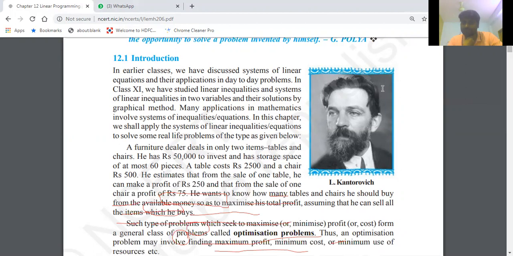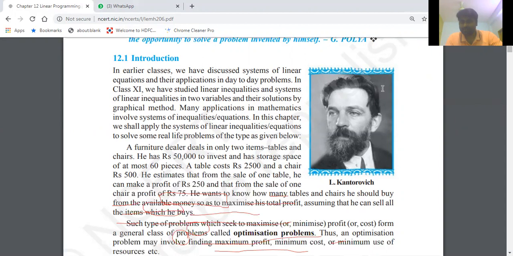So by selling one table I'm going to make 250 rupees. So can I go for purchasing all the tables only? Many questions arise, correct or not? To maximize my profit as a businessman, I always want to increase my profit, obviously. So to increase my profit, how many items do I need to purchase? In that also, how many tables and how many chairs do I need to purchase so as to maximize my profit?